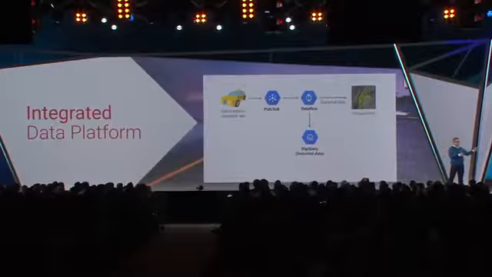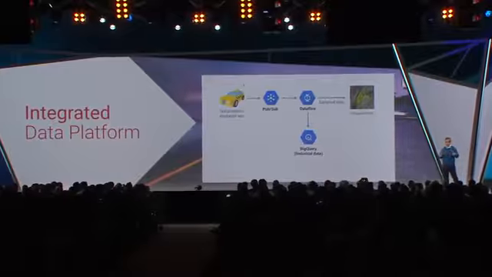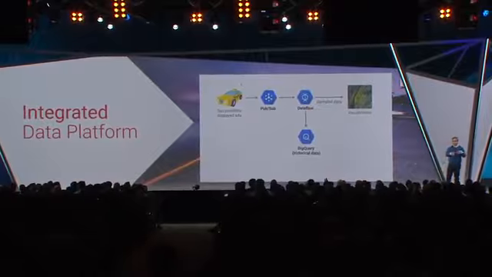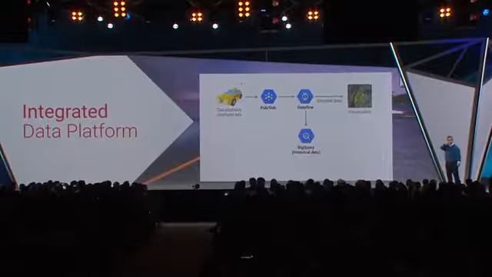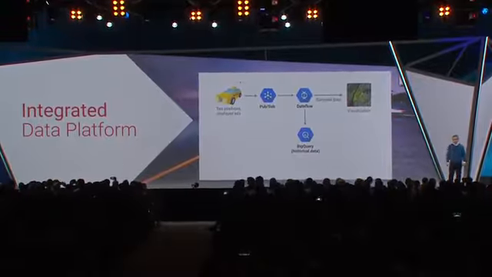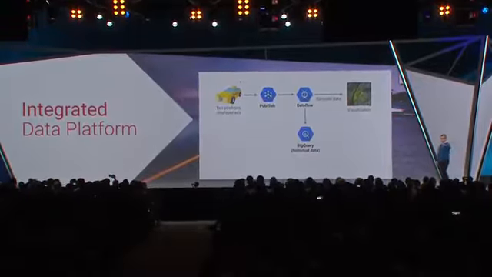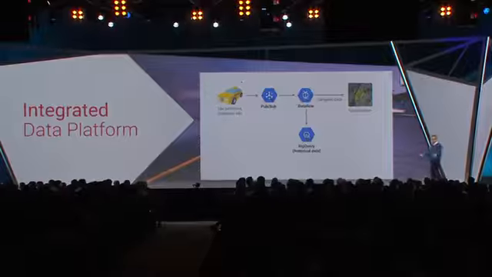The taxis are sending their position in real time, where they are in the city, as well as their destination, how many passengers they have, and what sort of interactions the customers are doing. Pub/Sub is then ingesting that data. We're using Dataflow to process a data pipeline to handle and process all that data. We're also archiving the entire historical data in BigQuery, which is a really powerful tool for you to do ad hoc analysis of all of your historical data. And at the end, we want to make a visualization.